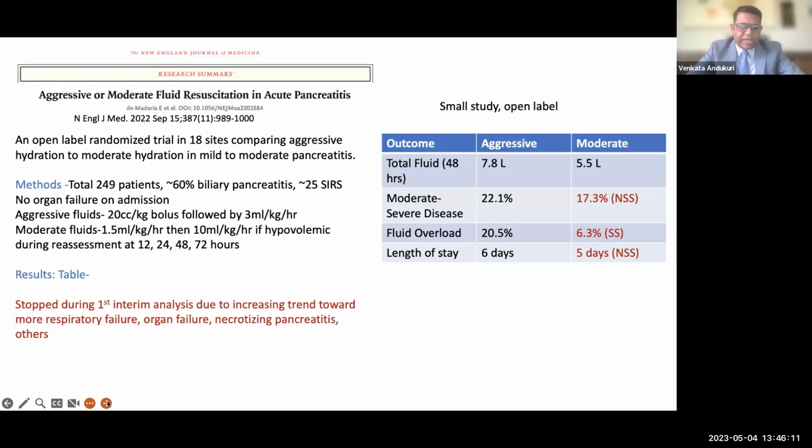But they observed a trend of increased organ failure and increased necrotizing pancreatitis. In fact, I had 2 patients since I reviewed this, and both patients, even before I came on service, had gotten 200 cc per hour with the additional bolus, and both had necrotizing pancreatitis. I mean, it's N of 2, but my point is, it looks like the trend is to go lower in terms of giving fluids. So 100 cc's per hour is a good way to start these patients, after maybe a small bolus based on hypovolemia.